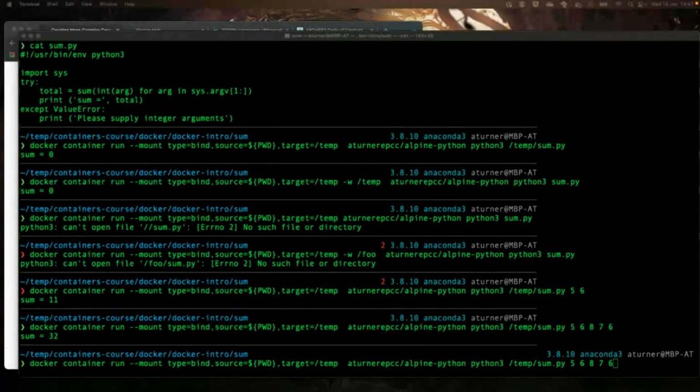Okay, I'm not hearing anything, so I'll go through them. I'll go through it just quickly. Docker, obviously the command to run Docker. Container means use the container subset of commands. Run, because we want to actually run a container based on the specified container image. The mount option specifies that we want to make some data from the host file system available within the container. The type is bind,